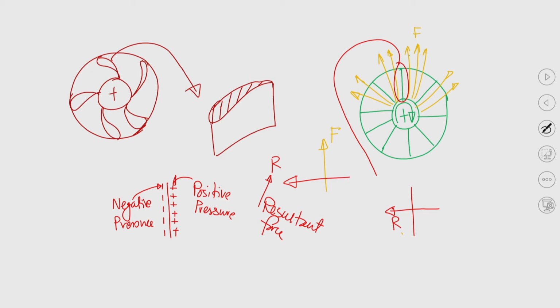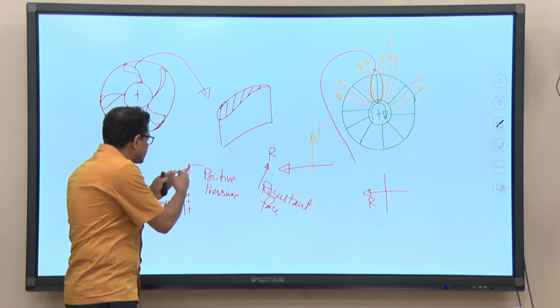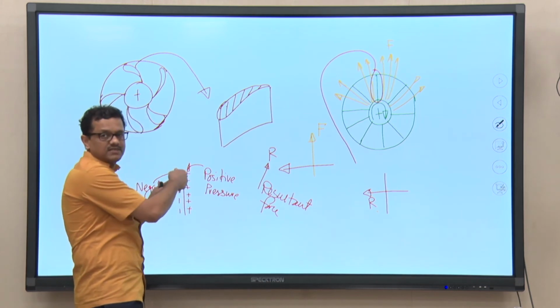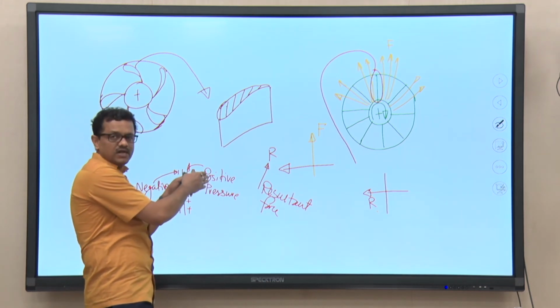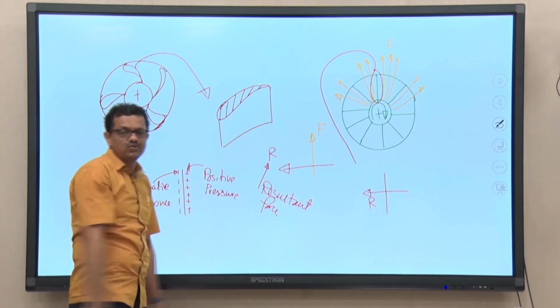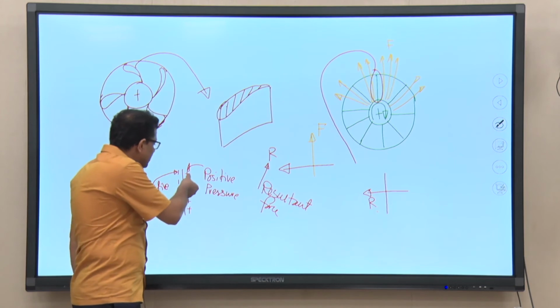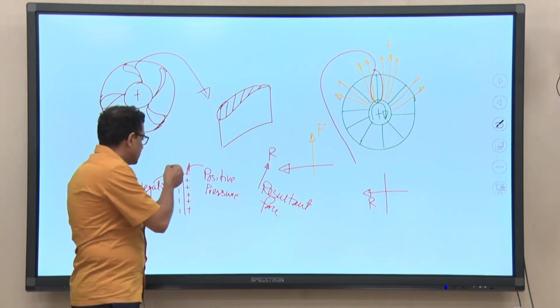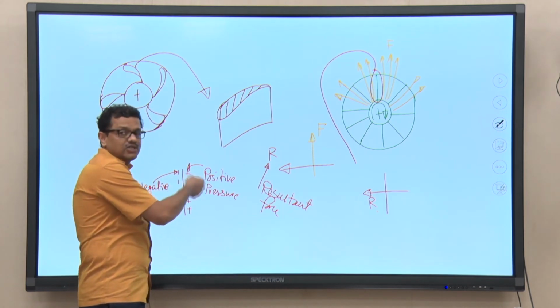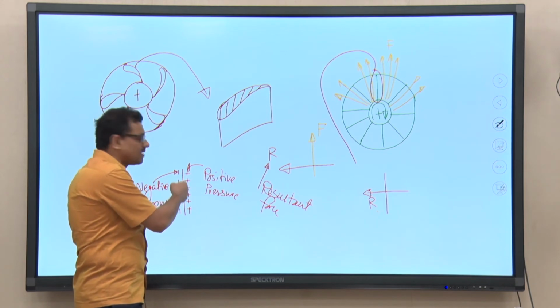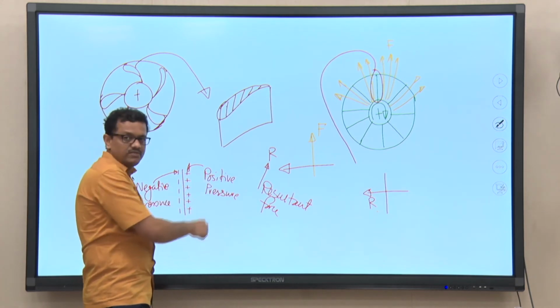It is not just a negative pressure, but as compared to it, the pressure acting on this surface is very high. So, the word positive is used to signify the relatively higher magnitude of pressure acting on the right side of the blade,